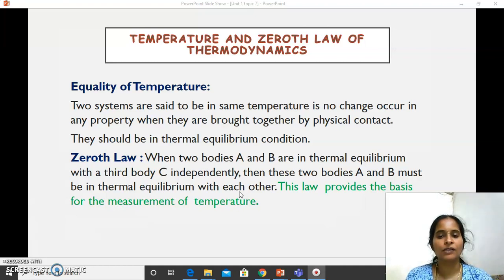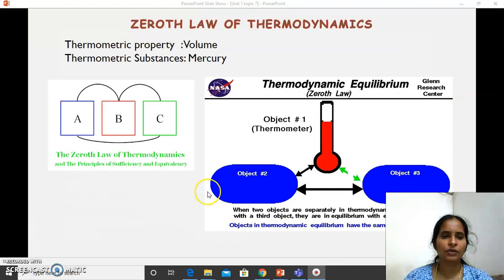So this law provides the basis for the measurement of temperature. This is most important. Let me explain how this law is used for measuring temperature. Here you can see